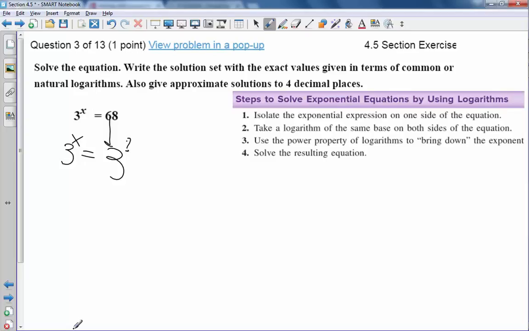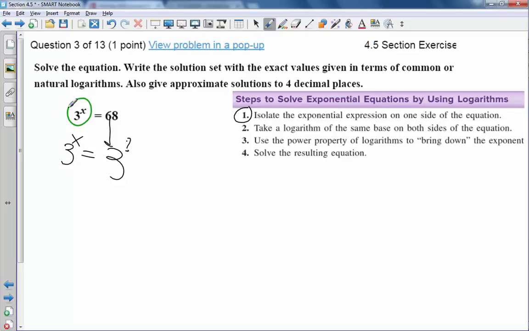Read the steps. It says find exponential expressions and isolate them on one side of the equation. Because sometimes you may have more than one. You need to keep one on the left, one on the right if you have two. And sometimes there are loose numbers like 3x minus 5. You need to combine numbers together. But isolation is our first step, and it's not required for this case because this guy,